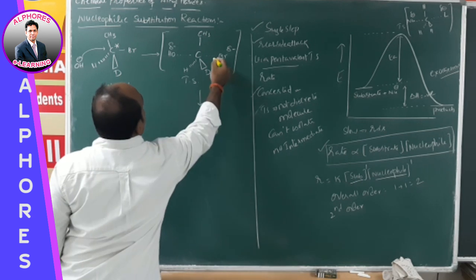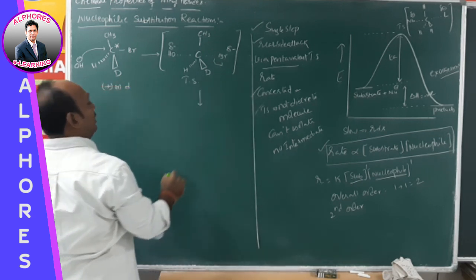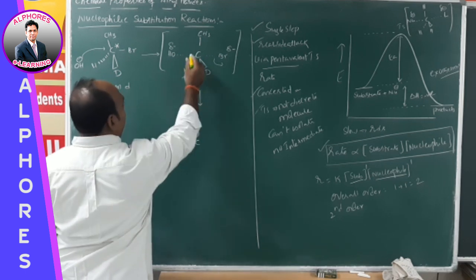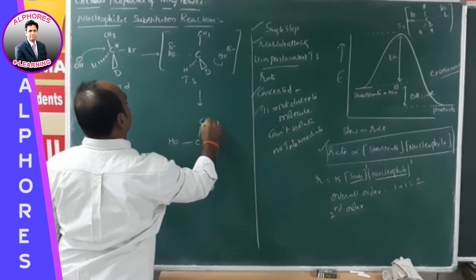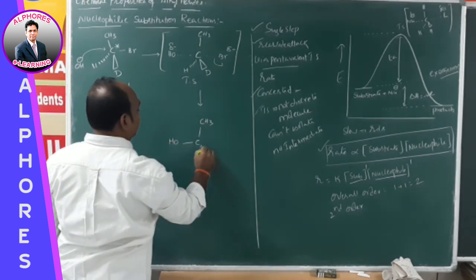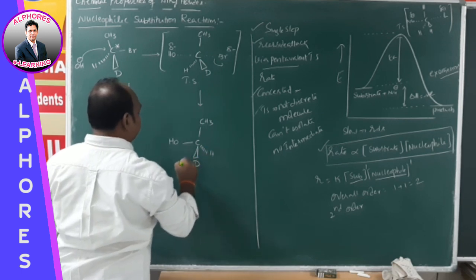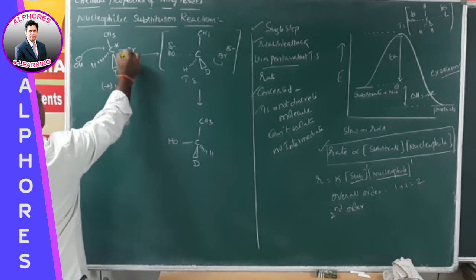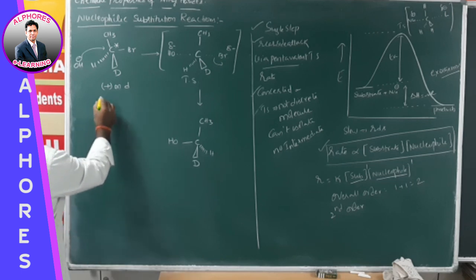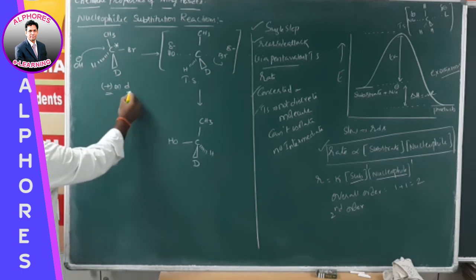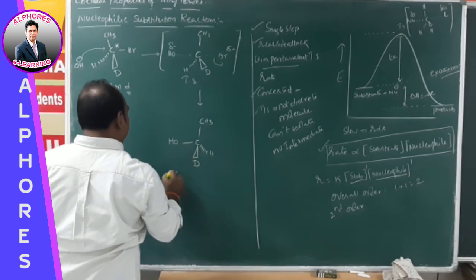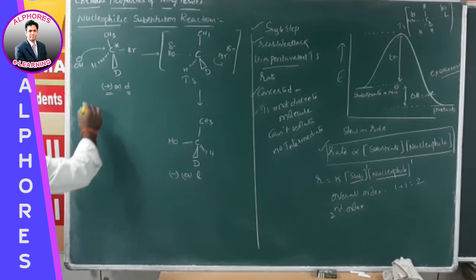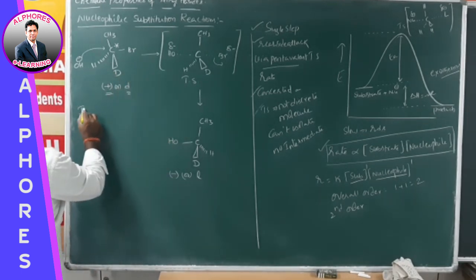Later this Br has to depart completely and OH is going to form a complete bond slowly. As a result we are getting CH3OH, H and D. So in such a scenario, Br is displaced by OH. It is very clear that if the substrate is plus or D, then the product we are getting will be minus or L. This product formation we call inversion of product.